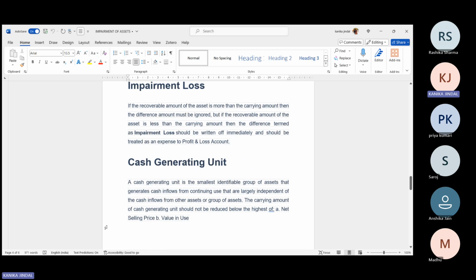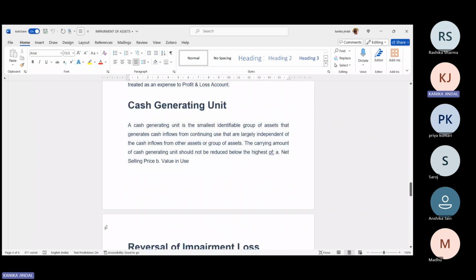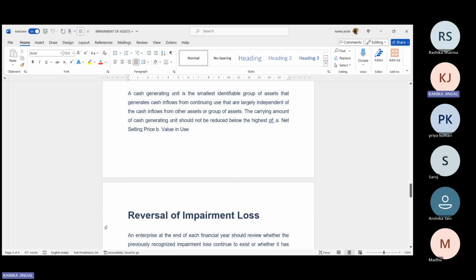Okay, next is cash generating unit. A cash generating unit is the smallest identifiable group of assets that generates cash inflows from continuing use that are largely independent of the cash inflows from other assets or group of assets. So what is a cash generating unit? It is the smallest identifiable group of assets which is generating cash inflows from the continuous use of